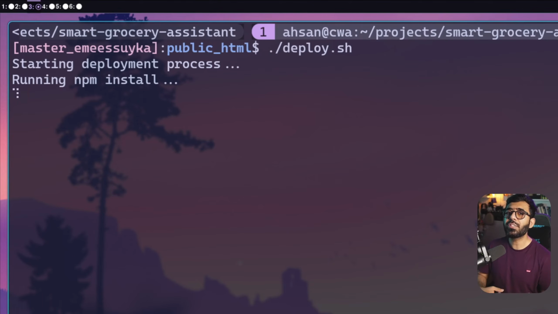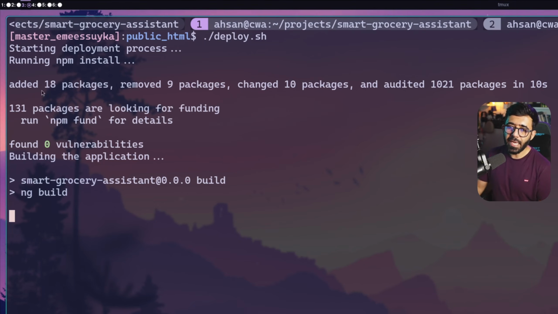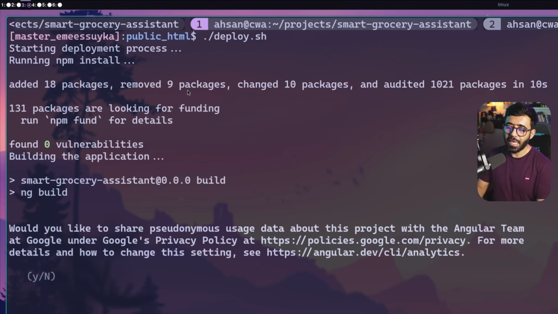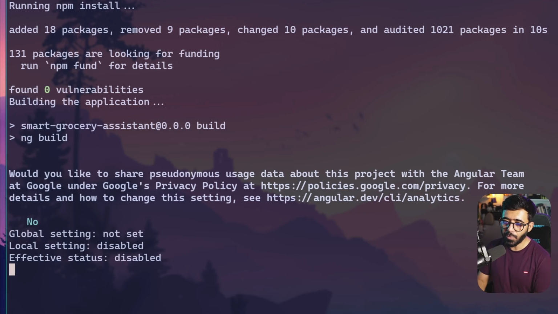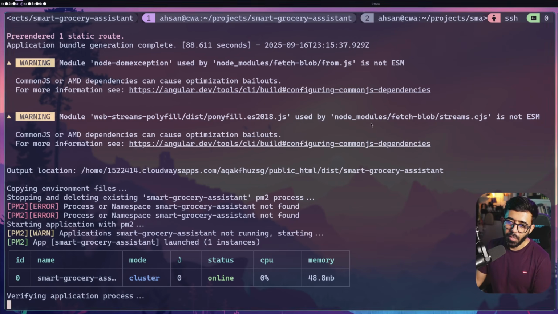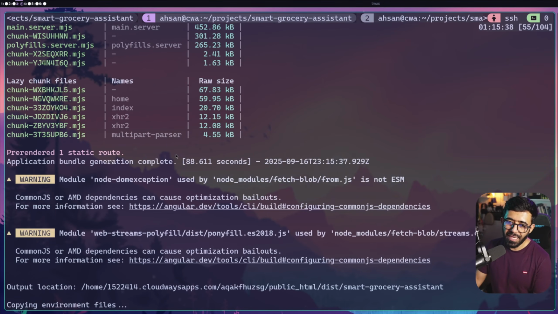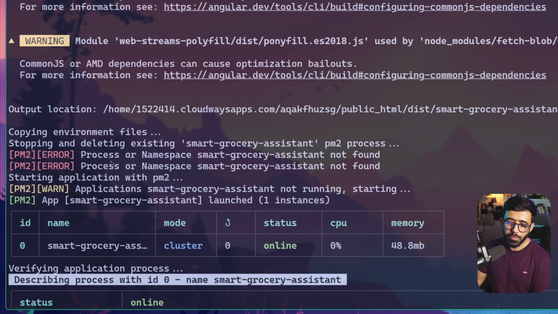So we need to reinstall the packages now. And you can see that it added 18 packages, removed some, and we have some changes here. So I'm going to say no here, and let's see the build working now. All right, now you can see that the build was done, and then it went ahead trying to stop the